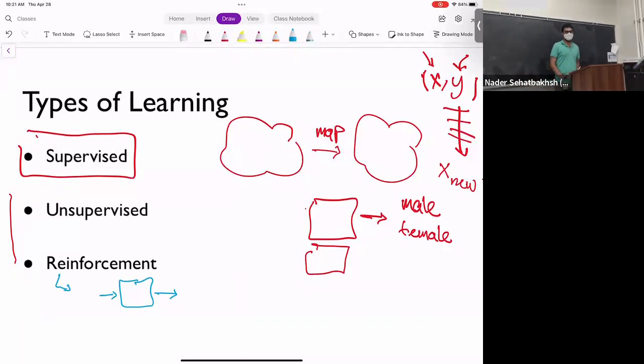So what you would do is let the machine do some arbitrary things, like move the arm in this direction, or play a specific piece to a specific part of the board, and so on and so forth, depending on what the application is. Eventually you measure the success rate of this action and tell the machine whether this action was successful or not. Because eventually, the goal is winning the game, or the goal is walking, or the goal is running, or the goal is some specific action, right?